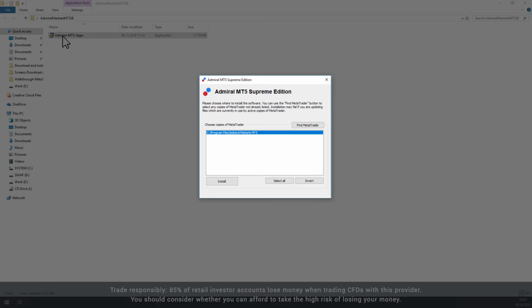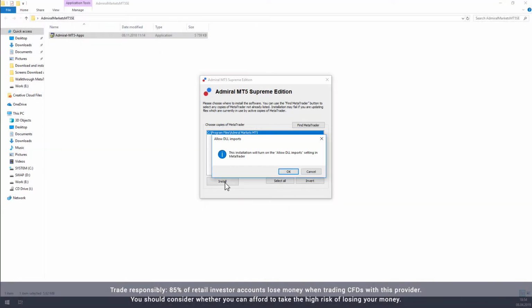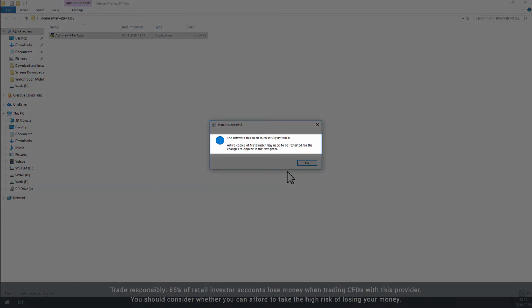An installation window will pop up asking you to choose the copy of MetaTrader where you would like to install the Supreme Edition plugin. If you have more than one installation of MetaTrader, choose the Admiral Markets option and click Install. An alert will pop up warning you that the installation will turn on the Allow DLL Import setting in MetaTrader. Click OK. Once the installation is complete, you may need to restart any active copies of MetaTrader for the